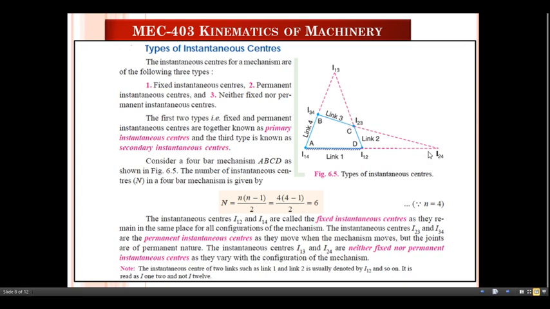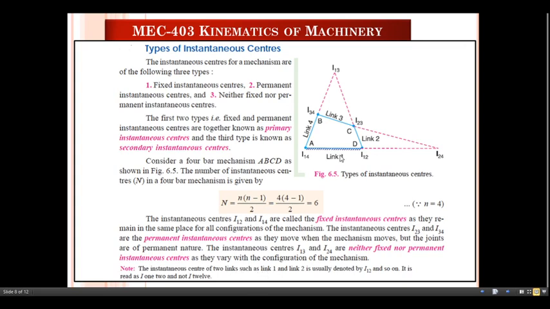The instantaneous centers I13 and I24 are neither fixed nor permanent instantaneous centers, as they vary with the configuration of the mechanism. Okay, so the instantaneous center of two links,